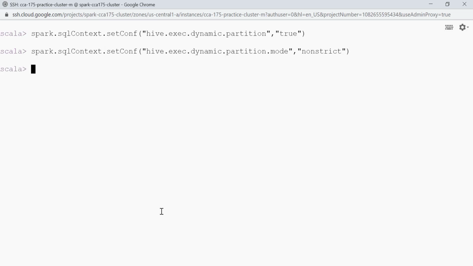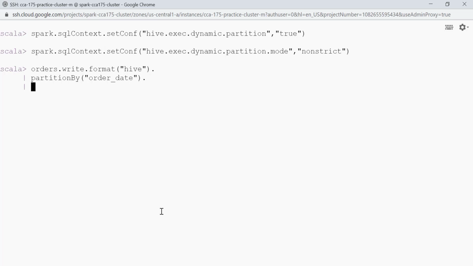Now let's save the same data frame orders, but this time in a partition table. For that, I'll say orders dot write, which returns a data frame writer, dot format. My format is hive, dot partitionBy. So I'm using partitionBy, and let's say my partition column is order_date.